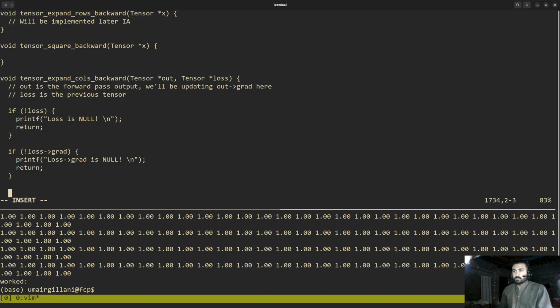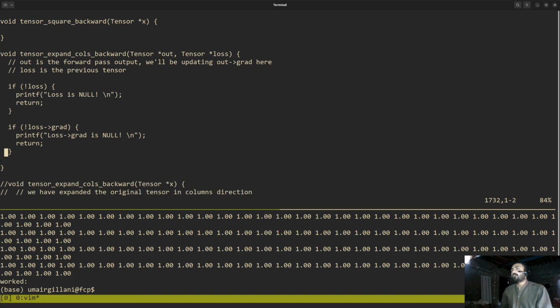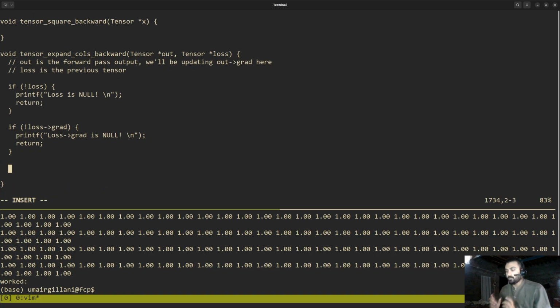We can do it in lots of different ways, but right now we know that it's only a 1x1 matrix. So let's do it for now, but we'll fix this later because we've used tensor expand columns operations in lots of different places. So let's say for val equals loss data,